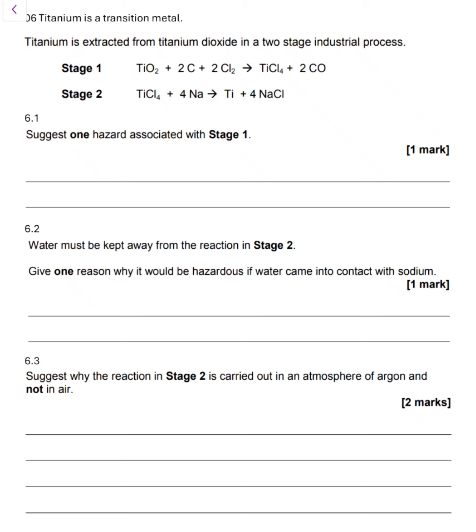So we've been given two chemical equations in the extraction of titanium. You're not required to understand or know from the specification anything about the extraction of titanium. Suggest one hazard from stage 1. Well, let's look at stage 1, and we can see stage 1 forms titanium chloride and it forms 2 carbon monoxide. It also uses chlorine gas. There are a couple of different things you can have here, but the most obvious one is